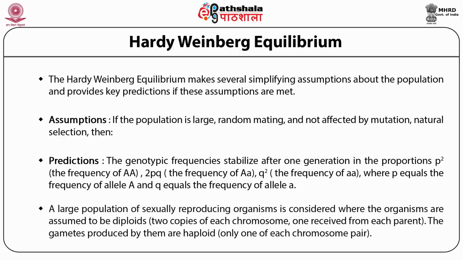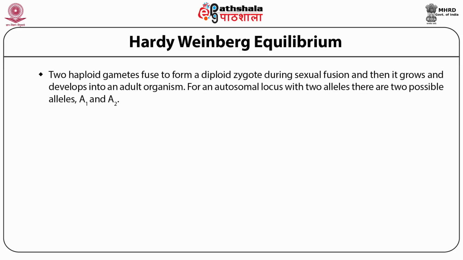A large population of sexually reproducing organisms is considered, where the organisms are assumed to be diploids. By diploidy, we mean two copies of each chromosome, one received from each parent, are present. The gametes produced by them are haploid, that is, only one copy of each chromosome is present in the gamete cells. Two haploid gametes fuse to form a diploid zygote during sexual fertilization, and then it grows and develops into